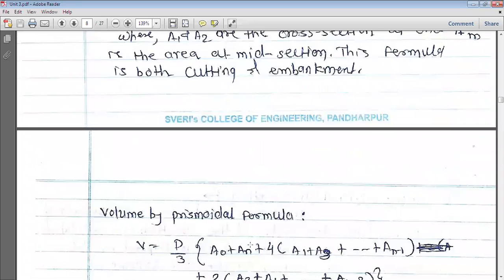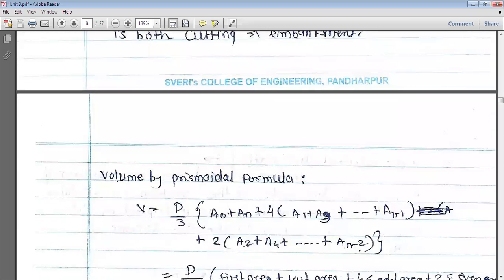To calculate the volume by the Prismoidal formula, we use V equals D by 3 into bracket A0 plus AN, that is the first and last areas, plus 4 into bracket A1 plus A3, likewise, plus 2 into bracket A2 plus A4 and so on up to A n minus 2. So A1 plus A3 are the odd areas we have to consider,